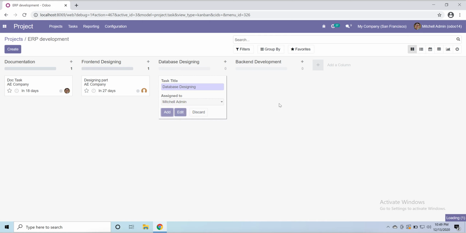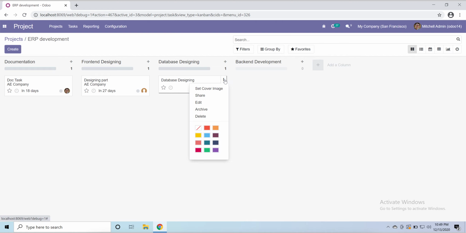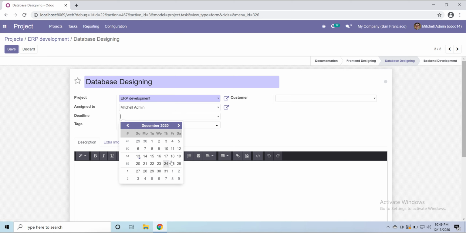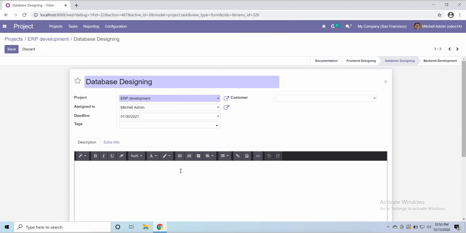Add. Here I didn't put the deadline, so make it edit, put here deadline 30th of January, save,